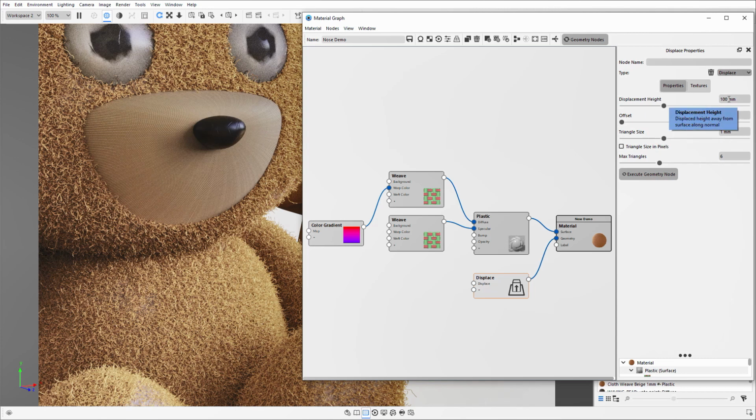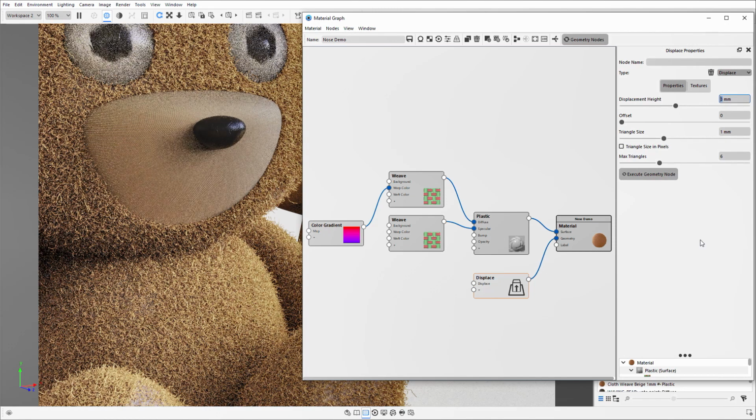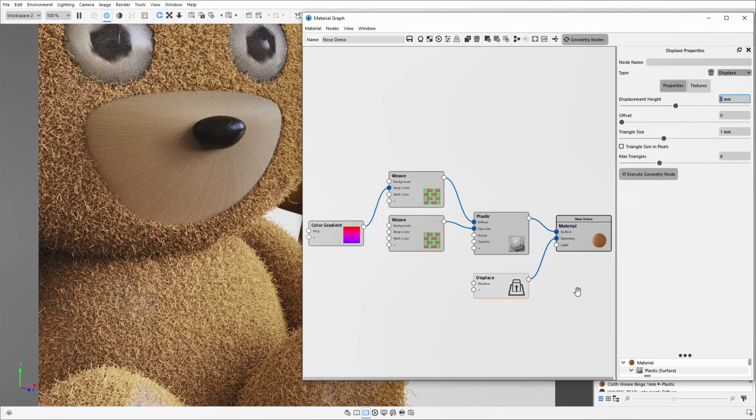Now in this case, it's 100 millimeters. That is way too big for the purpose of this particular model. So I'm just going to reduce that down to 3. Now, if I click the execute geometry node button, I won't see any change at all to the model because I've not told it what texture it is using to displace by. So what I'm going to do here is